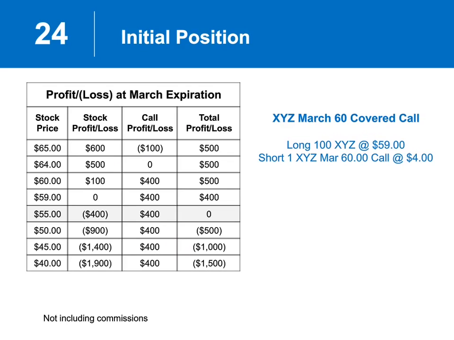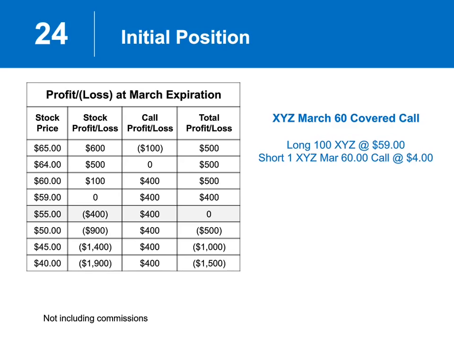But take a look again at that far right-hand column, the top box and the bottom box. We can see we've got a maximum profit of $500 with the stock at 65. And then on the downside, that bottom right box, we've got a maximum loss of $1,500. And you can go over to the left there with the stock price at 40. So see how